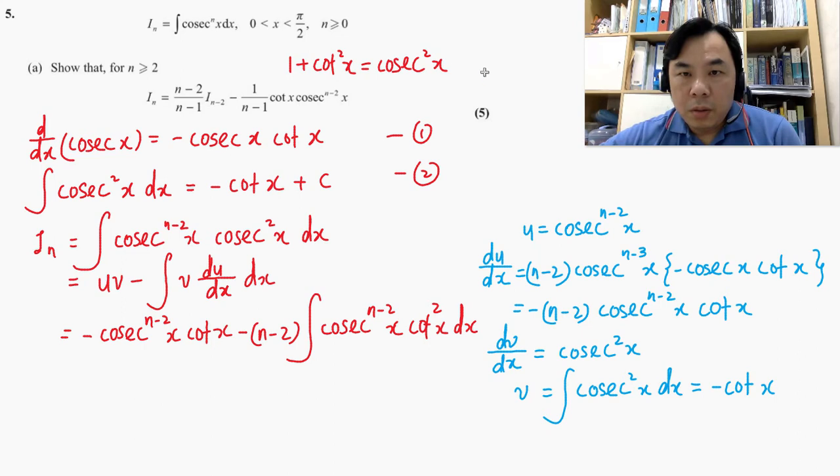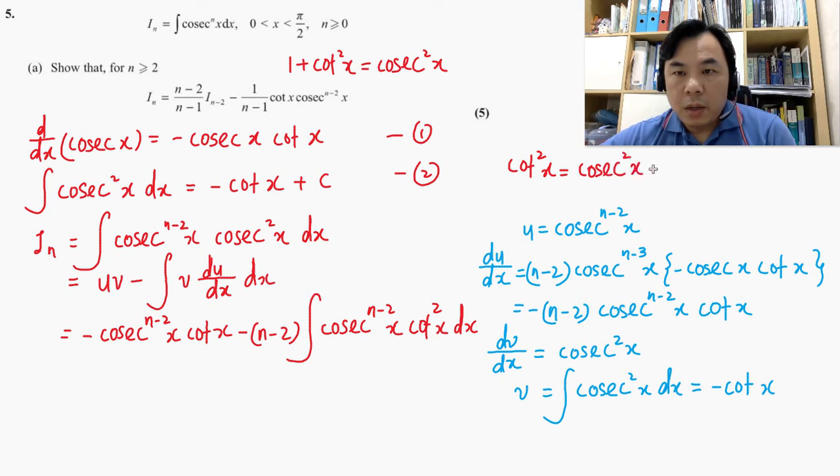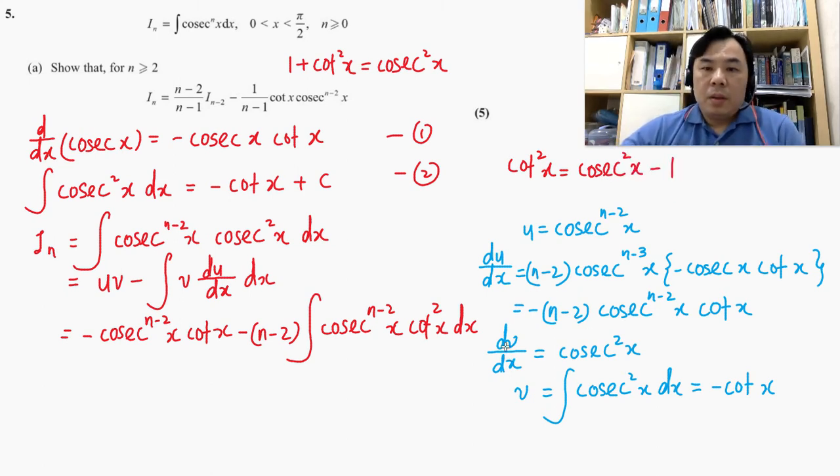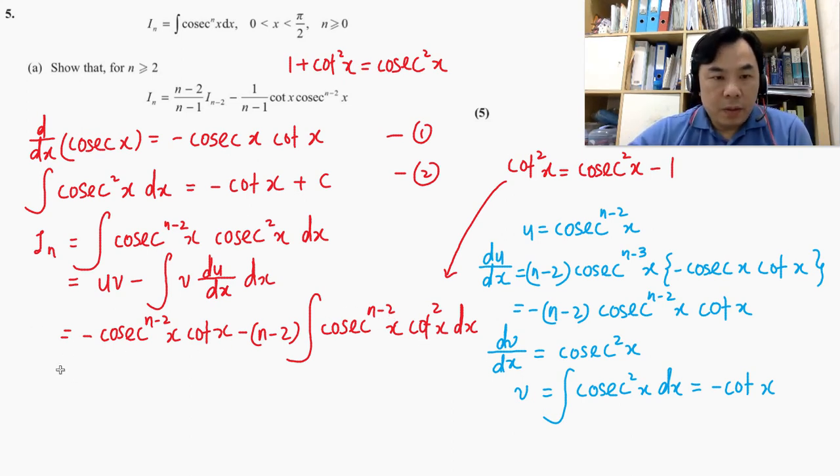Now I'm going to rewrite this identity so that I can make use of that. By rearranging this identity, I can actually write this as cosecant squared x minus 1. So I can substitute this into here. Hopefully we can get something out of that. All right, now I'm going to write that down. We have cosecant